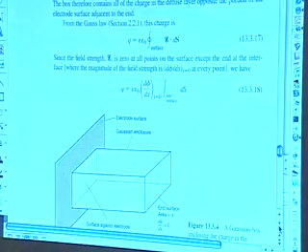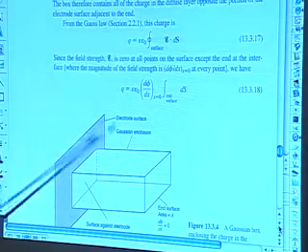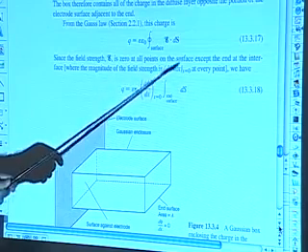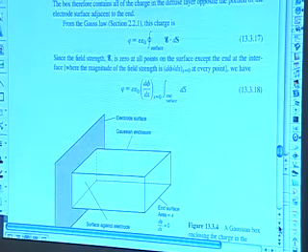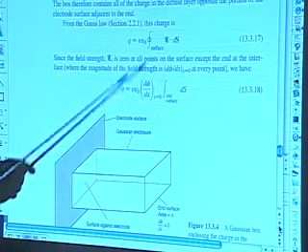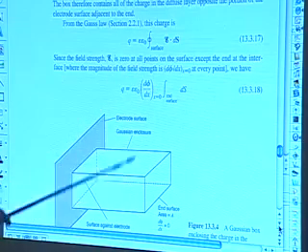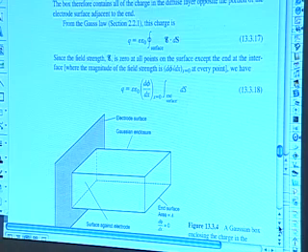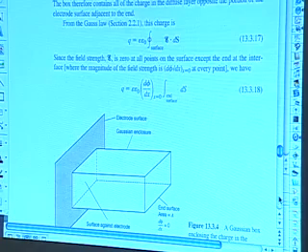But the electric field strength is 0 at all points on the surface except the interface, where the magnitude of the field is the gradient of the potential evaluated at x equals 0, because that is the field there. And so, in fact, this integral over all the surface of the box reduces to an integral just over that area of the first derivative of the potential with respect to position. So the field gradient right there. We can solve for that from what we knew,